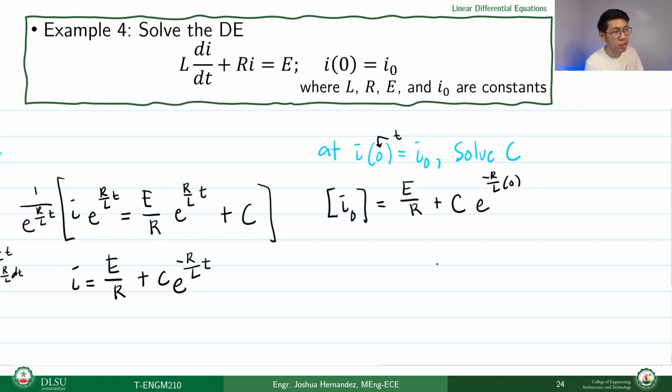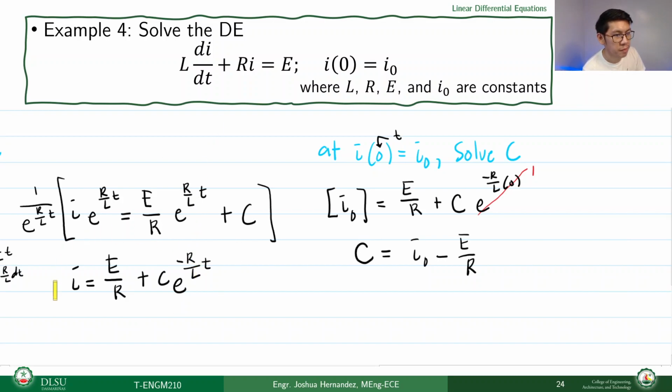But E raised to 0 is equal to 1. Pwede nyo po ma-verify yan sa calculus nyo. So, pag nakalimutan nyo, calculus nyo lang. E raised to 0. That is equal to 1. In other words, we're gonna get C, no? Solving for C, magkakaroon tayo ng I naught minus E over R. So finally, substituting our values to this equation